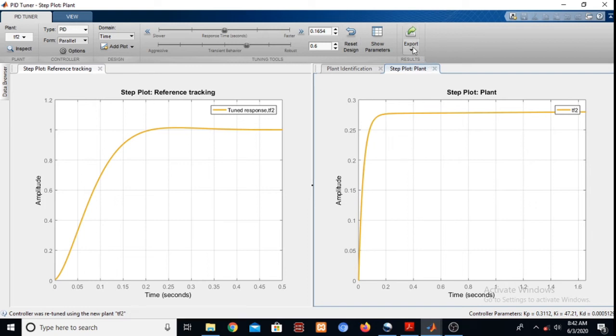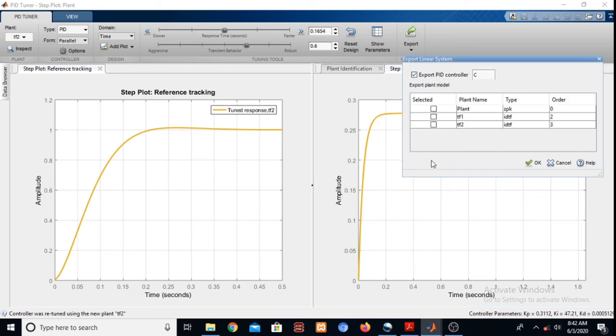Okay, now we can also export. So what can we export? We can export the controllers. Export PID controller. Yes, C2.